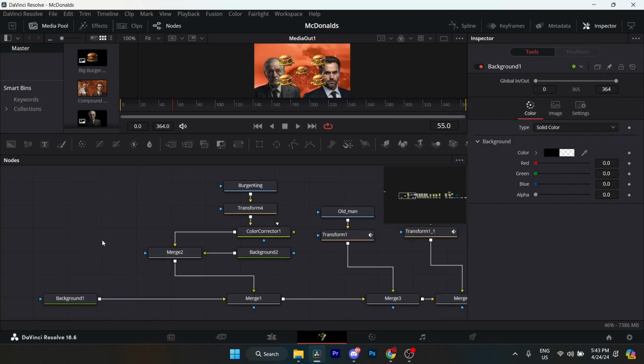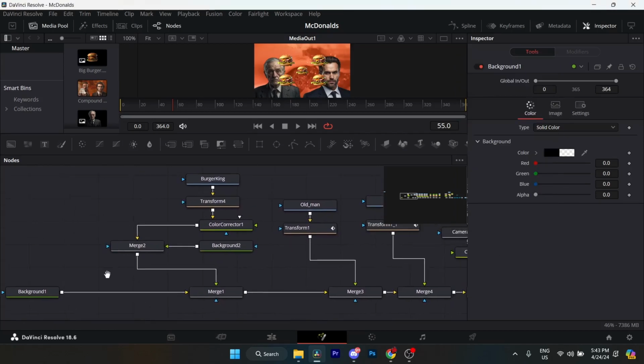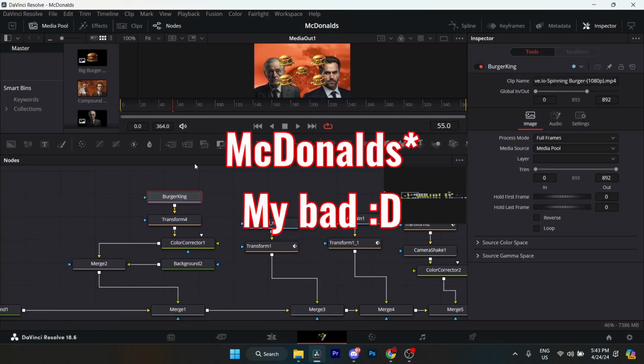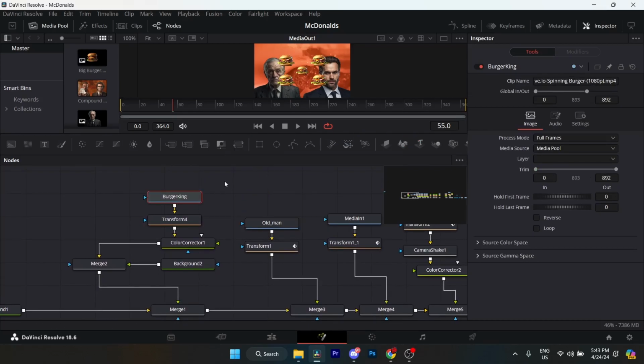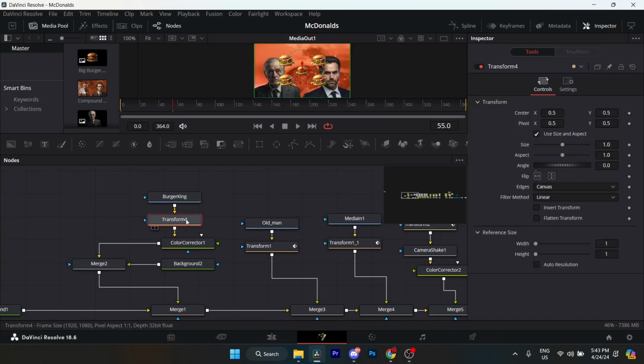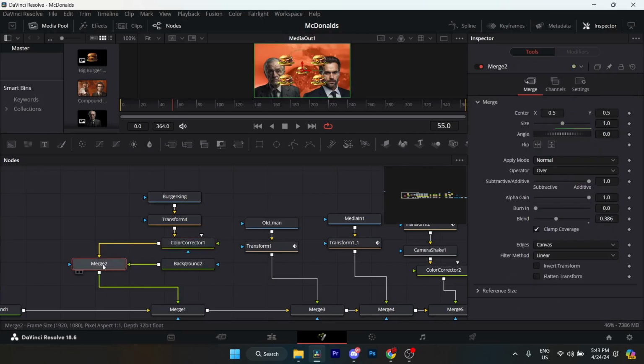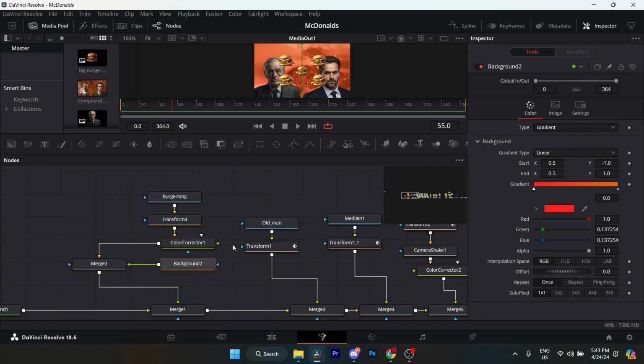So if you guys don't know how to add nodes, all you do is click Control Space on your keyboard and type in whatever node. In this case, it's background node, so you just click on it and click add, and then over here I added the Burger King. So it's basically this background over here in the back, and then I added a transform node, connected it, and then I added a color correction, a merge node, and a background, and then I made